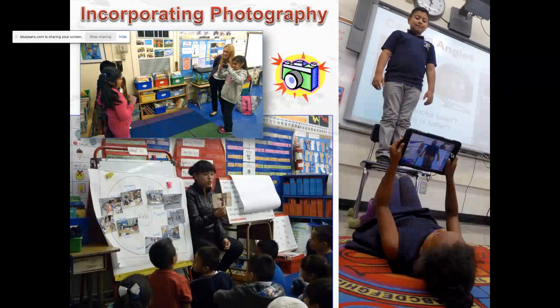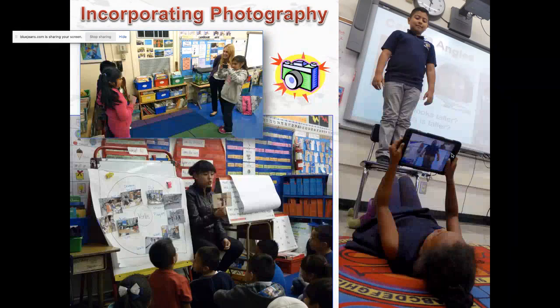Today, almost everybody has a camera in their pocket, right? Almost all cell phones are able to take pictures, and we don't need to print it. We don't need to develop the film or even wait a week for the pictures to come back. It's immediate and it's accessible. So what you see in the bottom left corner is a student teacher in a kindergarten classroom holding up pictures. The kindergartners in that classroom took these pictures of each other. She gave them iPads and said, just photograph each other, whatever you're doing, whatever you see anybody doing, take these pictures. And then she went through the pictures they took.